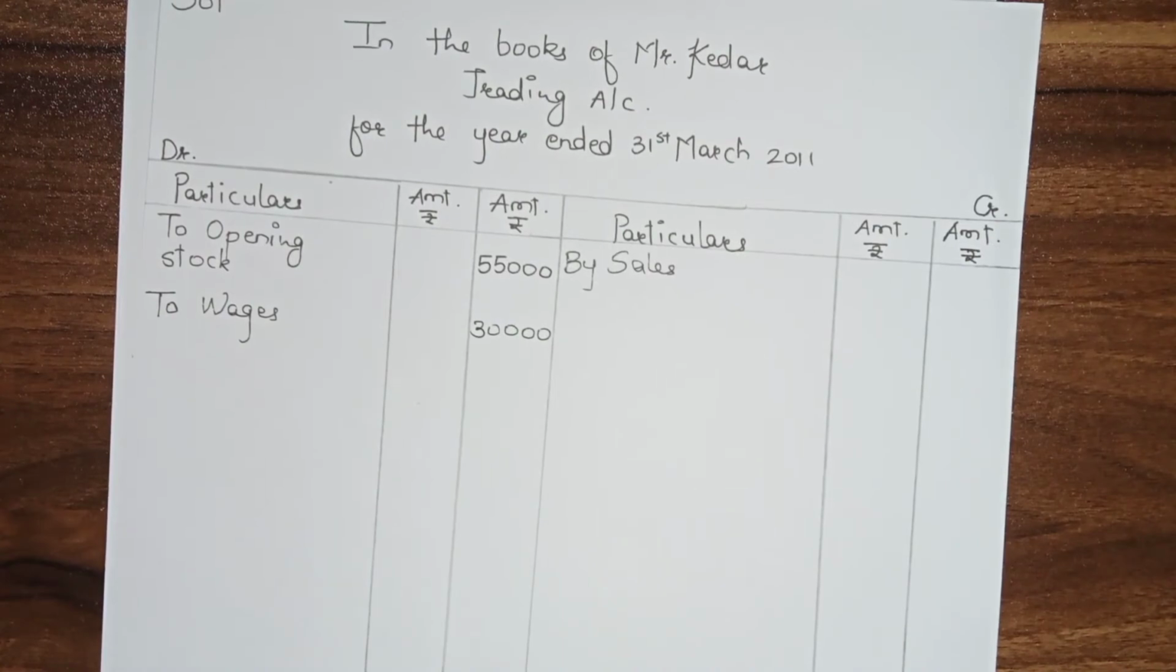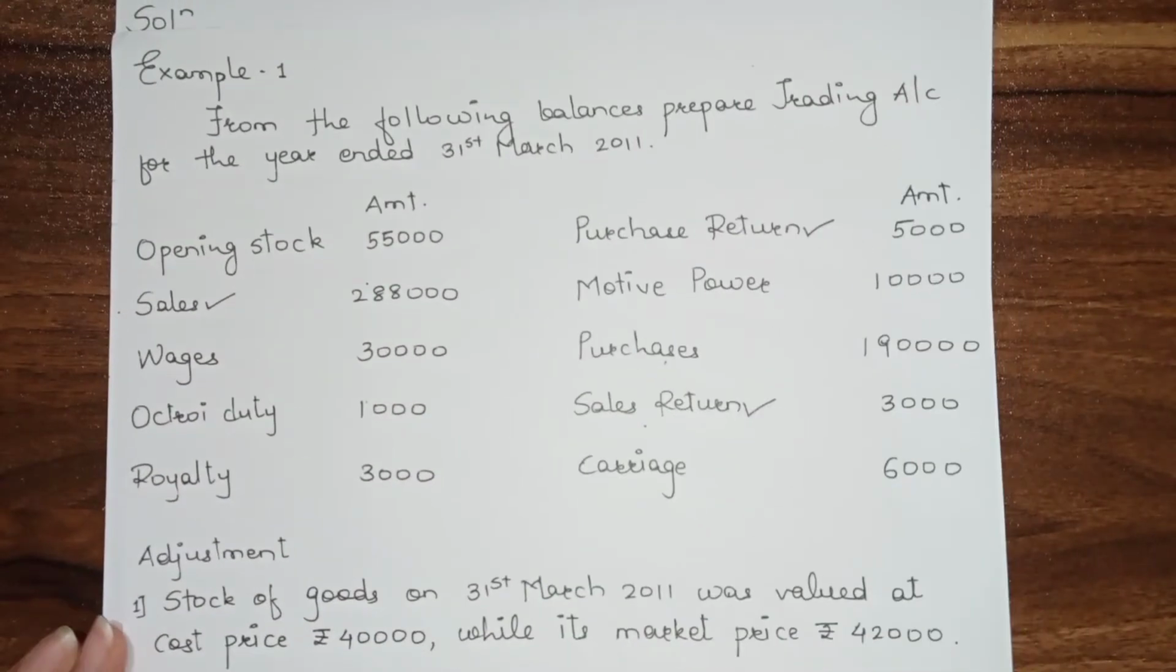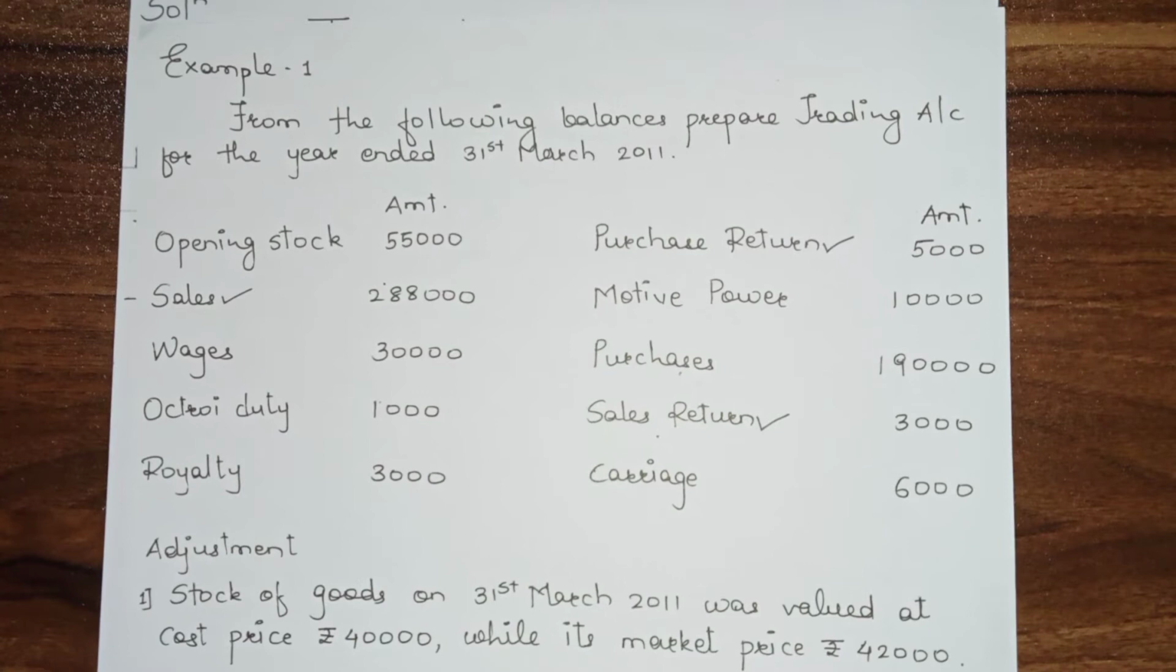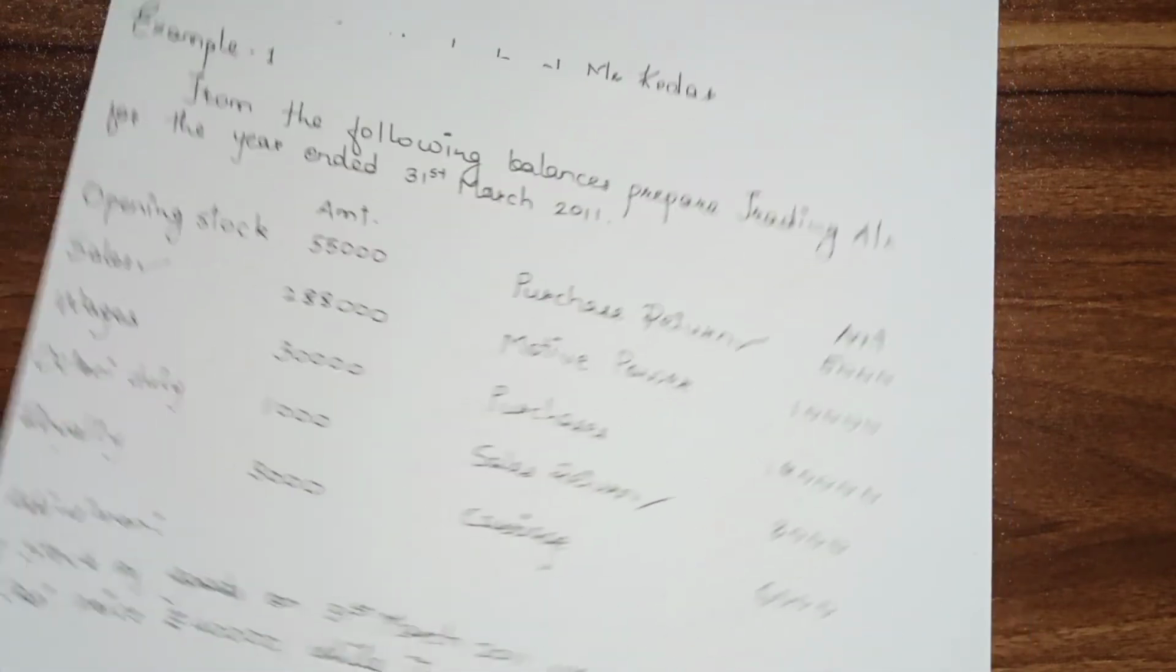Okay, next item, octroi duty. Now octroi duty is also an expense to us because we are paying some charges on transport if we are importing any item or if we are exporting any item. So that is why we have to write this item on the debit side. So we will write down